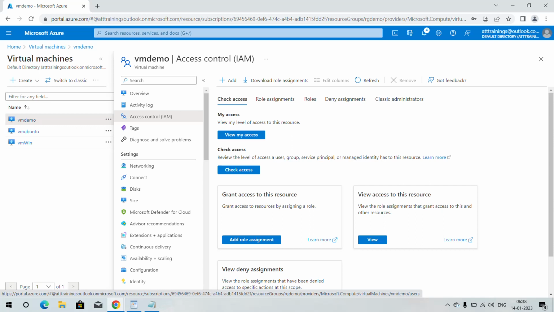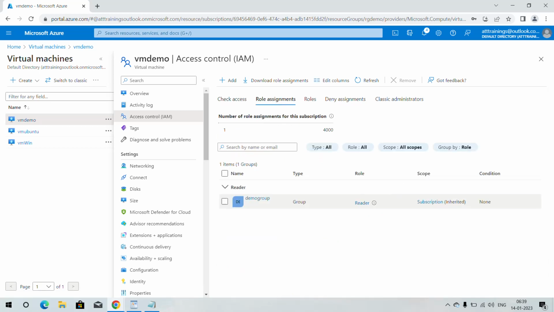So if I open the role assignments window, you will notice that this particular virtual machine also having that group which we have added at the subscription level. It is having the reader role as we have assigned in the subscription, and the scope is subscription inherited. Why? Because we have added this role in the subscription.